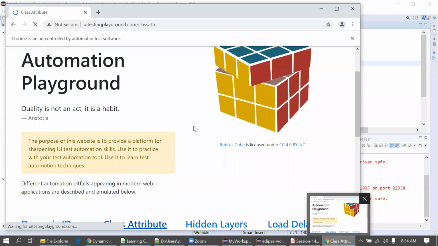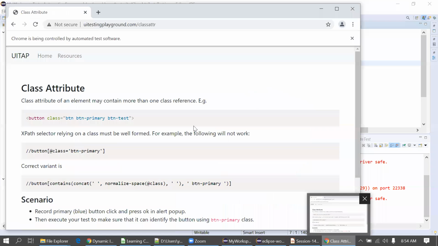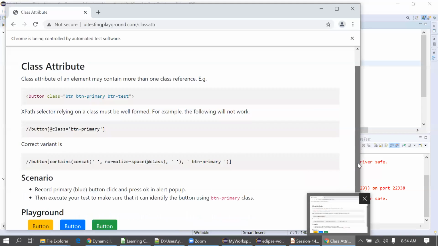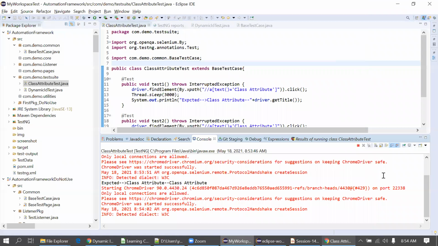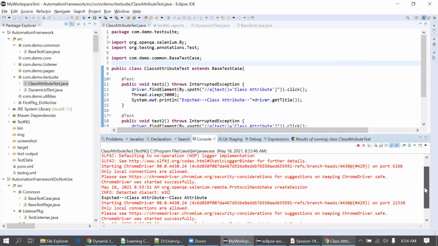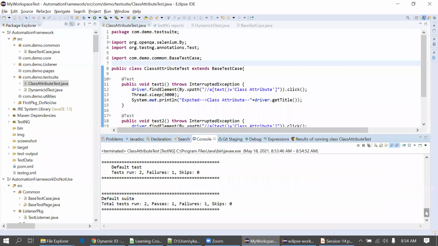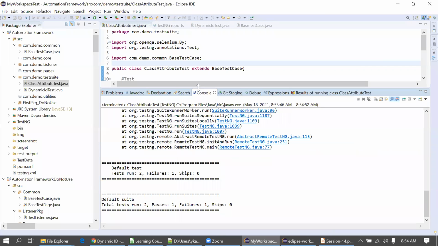Okay, now the page is properly loaded, so it will just go ahead. Again, one same test case failed at the same location.